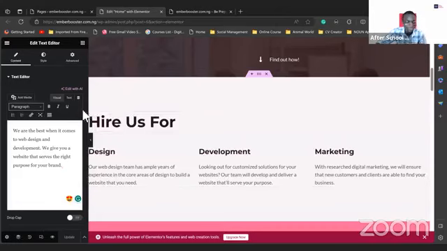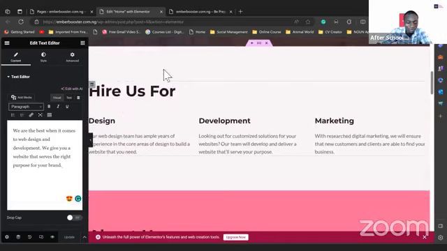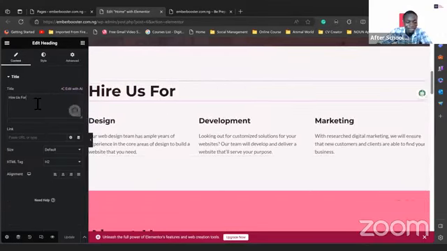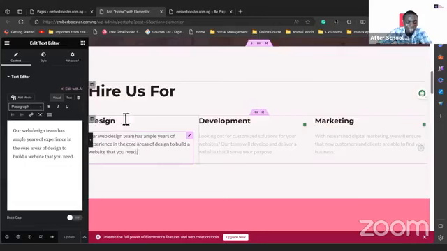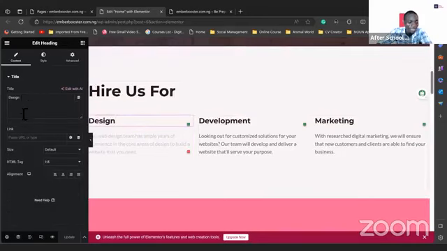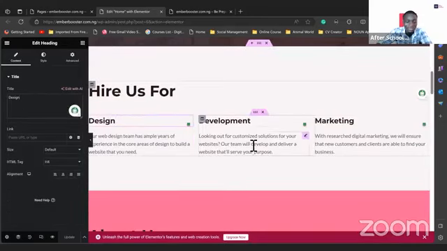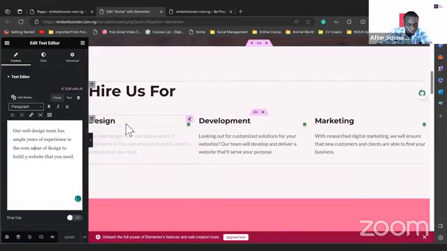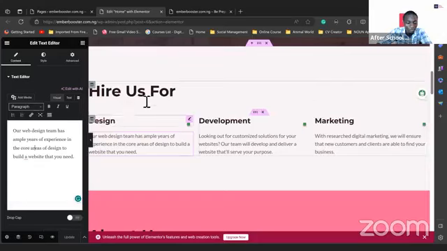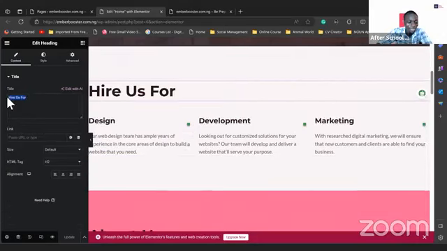But today, the goal is to show you how to edit your page when you want to do so. So this option also, just click on it and you edit it. And that is the same way you edit all texts. As soon as you click on it, by your left-hand side, you will see the options where you can change the content, okay? So instead of using "Hire us for", you can say something like,